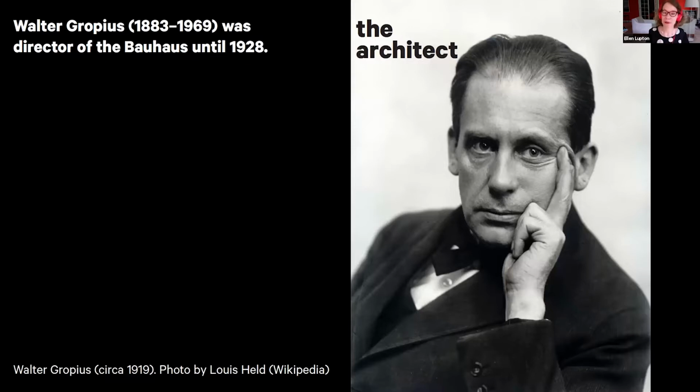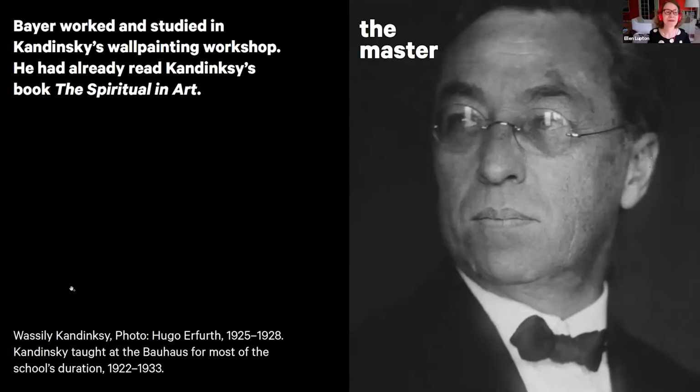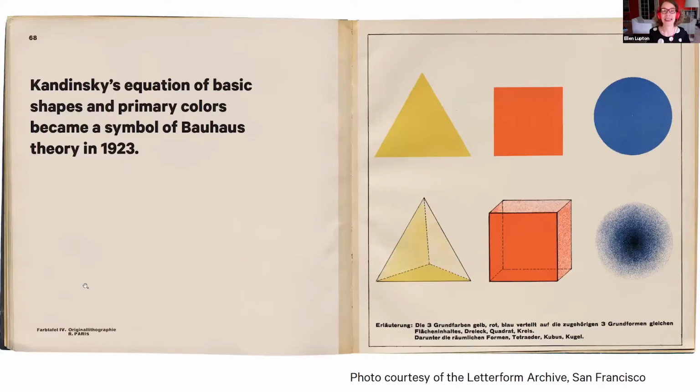Of course, Walter Gropius was the director of the Bauhaus. He was an architect and a very strong leader of the school and someone who developed quite a feeling of mentorship for Herbert Bayer early on. Bayer initially worked and studied in the wall painting workshop of Kandinsky. He had already read Kandinsky's book, Concerning the Spiritual in Art. And so this was one of the only things he knew about art. And he was very impressed by Kandinsky